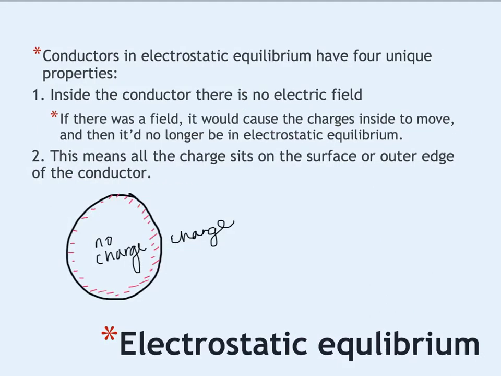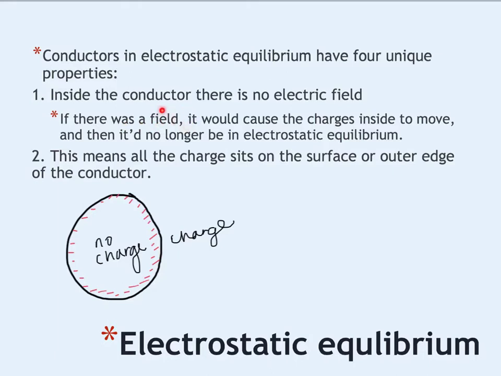So conductors in electrostatic equilibrium have four unique properties, okay? The first one is that inside the conductor there is no electric field. So inside here, if this is my conductor, if I just have a round metal sphere, on the inside there's no charge, okay? And one way to think about and understand that is if there was a field,